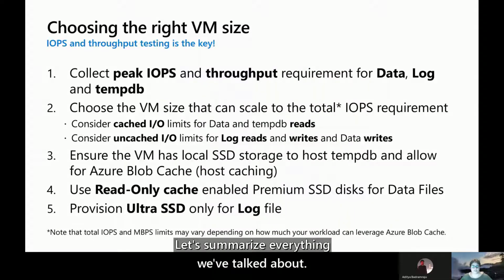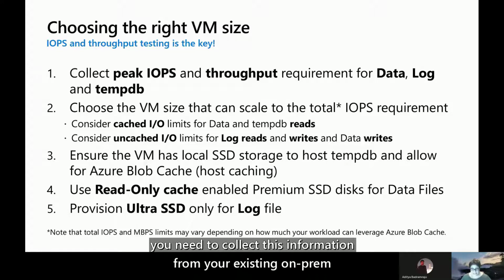Okay, so let's summarize everything we've talked about. Choosing the right VM size, IOPS and throughput testing is the key. So remember I told you, you haven't been sizing your IO like this normally when you're on-prem. So you really have to think about this a different way. So when you're migrating to Azure,